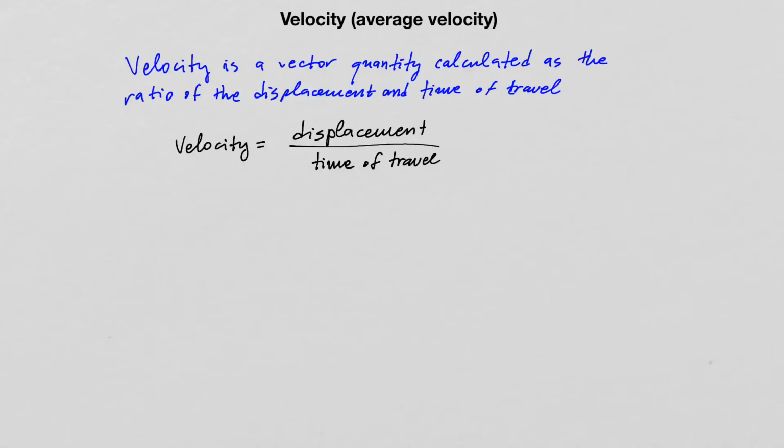Distance is simply the length of path between 2 points in space, initial and final position. Displacement is the straight line distance between those initial and final positions in space as the object is moving. However, the units of velocity and speed are the same. So the units here would be